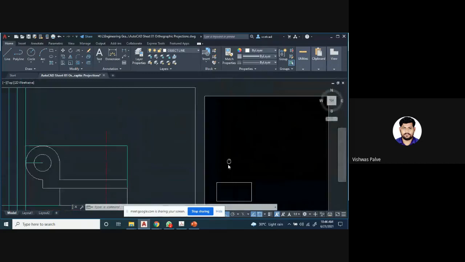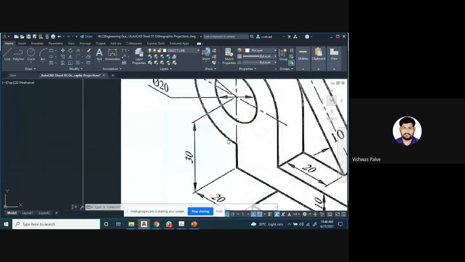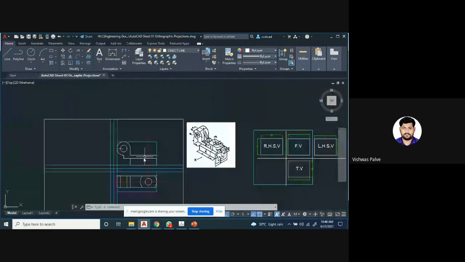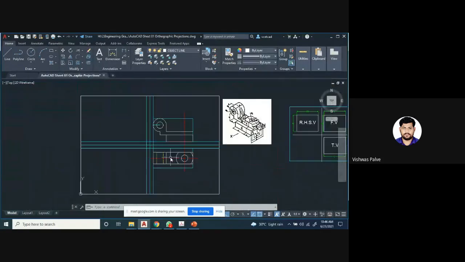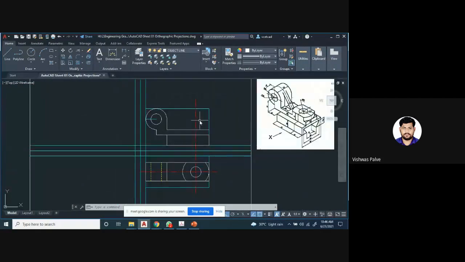Now here you can see that there is a change in the surface. The curved surface is going to see this curved surface, right? This is going to be, so there will be one edge. So that edge also we have to show. So we can just extend that portion. So I will draw one, I will say copy center line from this point. I will copy it here.